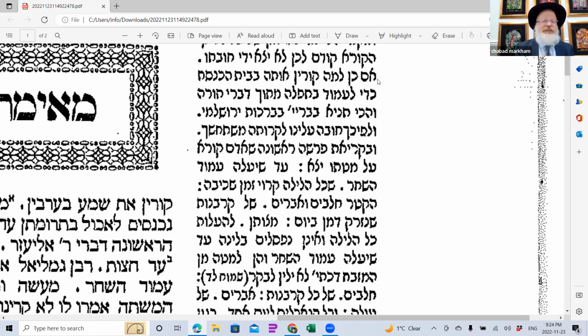And now this is what Rashi says over here. He says, we all know that everybody says Shema when they go to sleep. So that Shema, when they go to sleep, is the mitzvah of the Shema. So you asked, why do we say Shema again if we said it already in Ma'ariv? He says, because it's too early in a lot of the shuls when they say the Shema earlier. So the second time we say the Shema is right before we go to sleep. Rashi says that even though many people just say the one paragraph of the Shema and not all three paragraphs, you fulfill your obligation with the one paragraph.